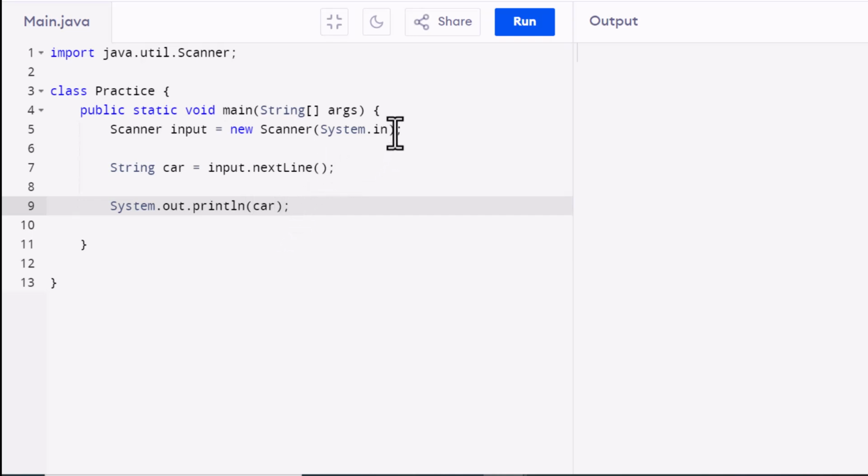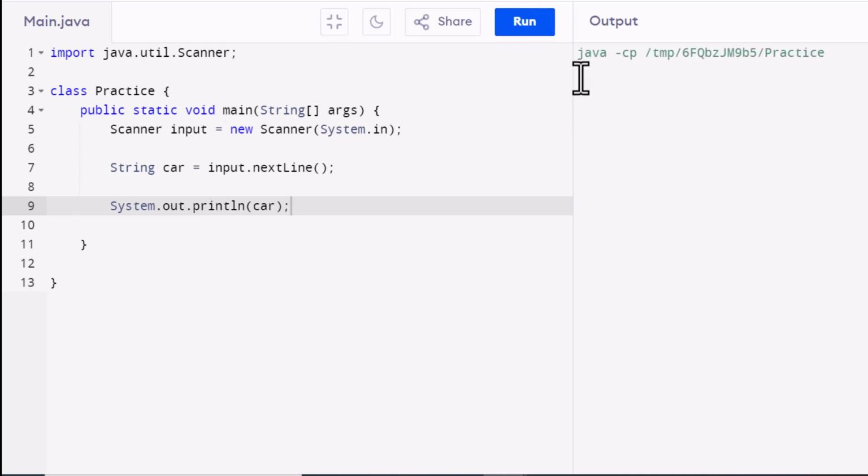Make sure that every line in Java you have a semicolon after it, unless it's something that goes on for a longer thing. All right, so here's my scanner, named input. It's a new scanner. You got to use system.in. Here's my variable. It's going to be a string, and its name is car, and it's going to take the input from this scanner that I have here. And nextLine just means that it's going to move down a line to have input. I can show you that when I print some text here in a second. Okay, so when I run this,